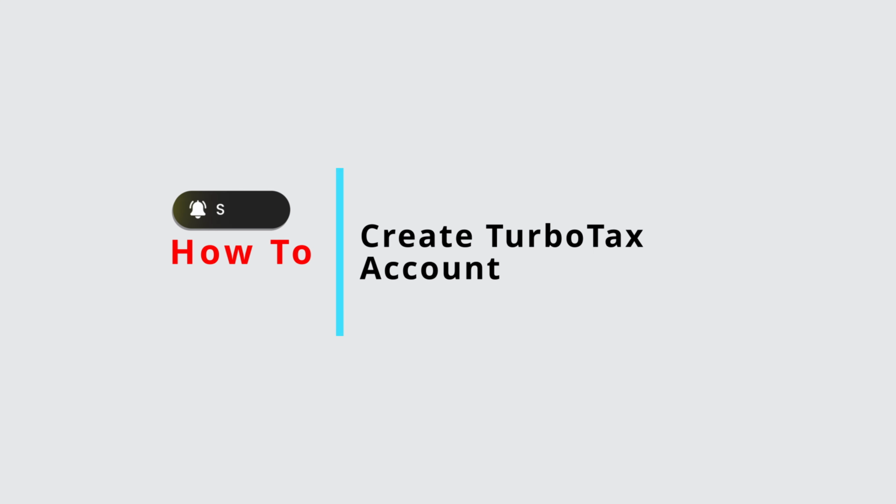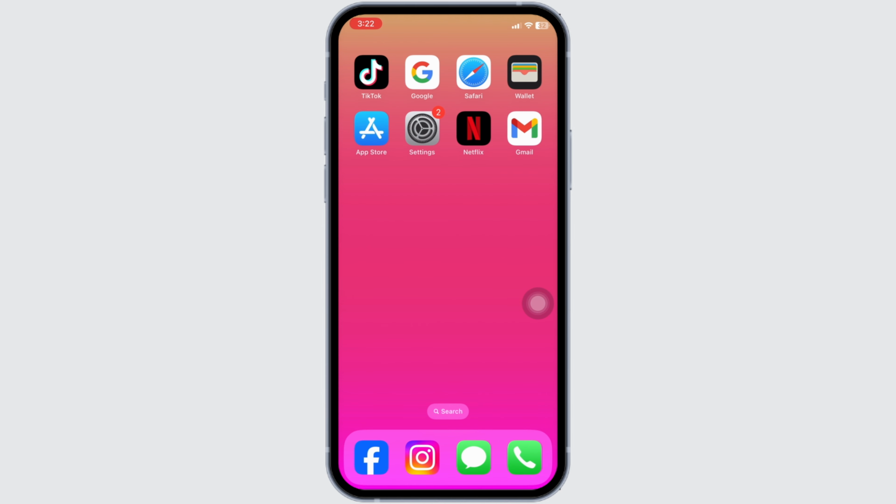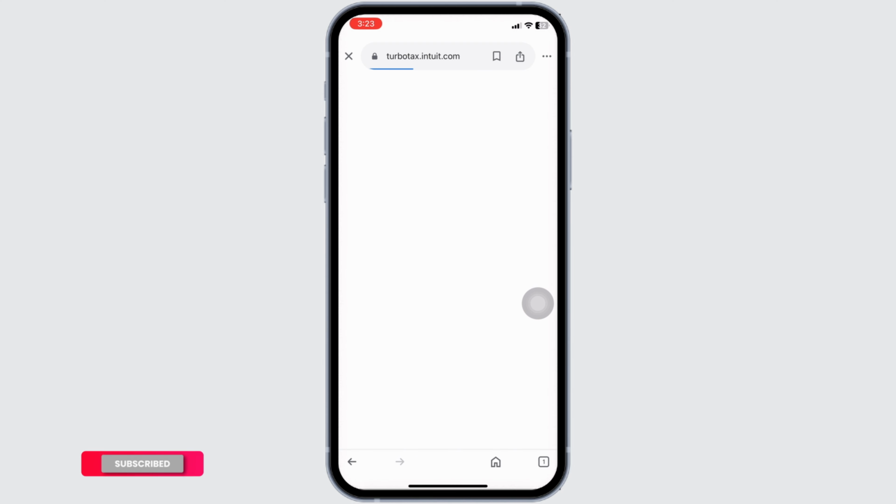How to create a TurboTax account? 2024. Planning to file your taxes for 2024? The first thing you need is a TurboTax account, and I'll guide you through the process in a few simple moves. First, open your web browser and go to the official TurboTax website at